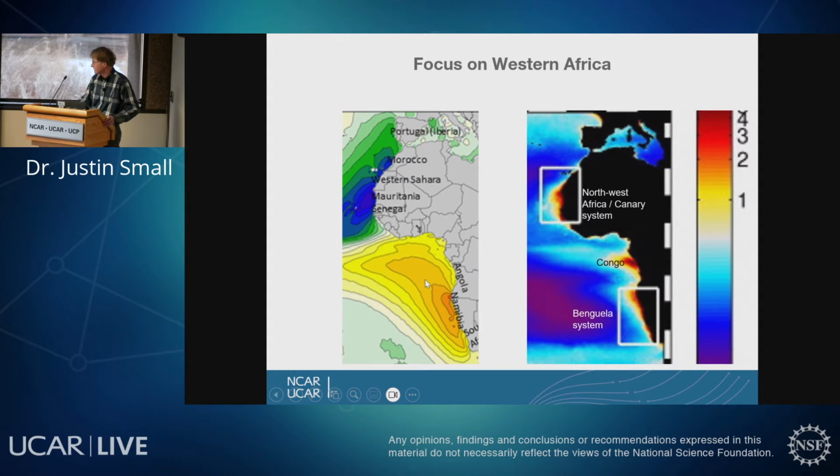And likewise, in the southern hemisphere off Angola and Namibia, there's a maximum in the winds. And these are where these high productivity and high chlorophyll regions are. This is the Congo outflow, which I'm not going to talk about here. That's the other productive region here.